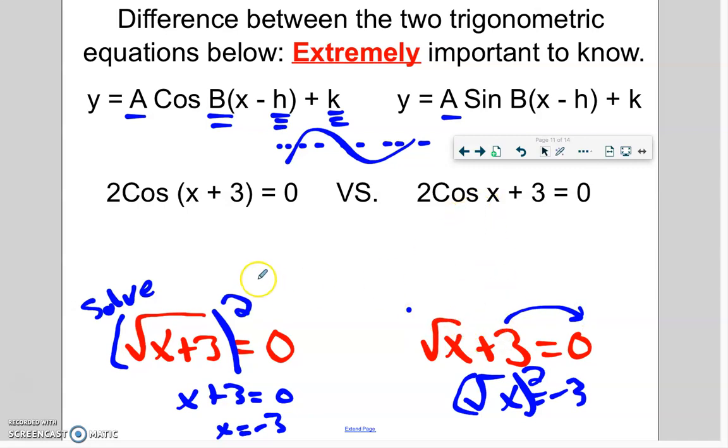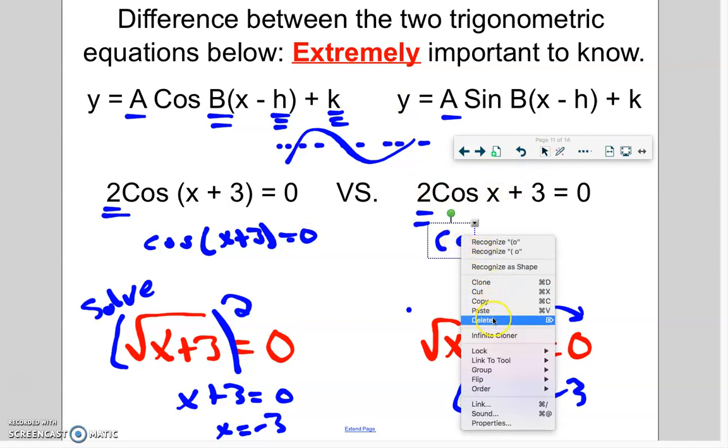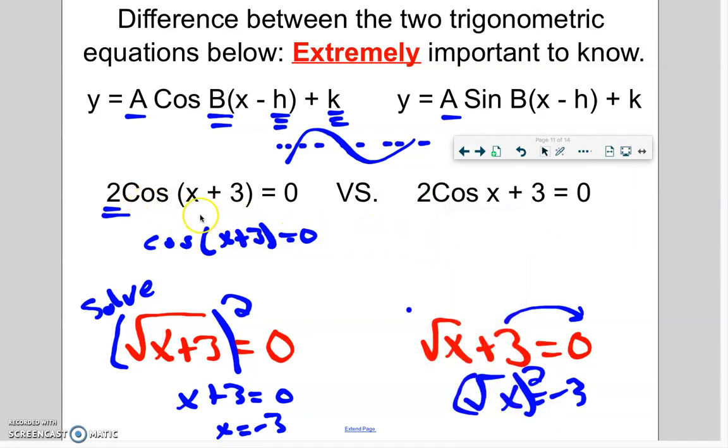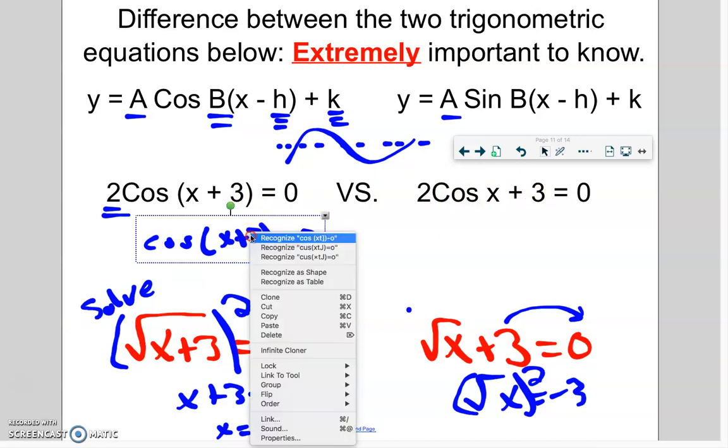Now, how that relates to the one up here is that right now, the 2 value on both these functions is the amplitude. It does not affect anything to do with the graph when it comes to solving. Our first step would be divide by 2, and then you get cosine of x plus 3 equals 0. And over here, our first step would be divide by 2, and you get the cosine of x plus 3 equals 2. Over here, however, the difference is